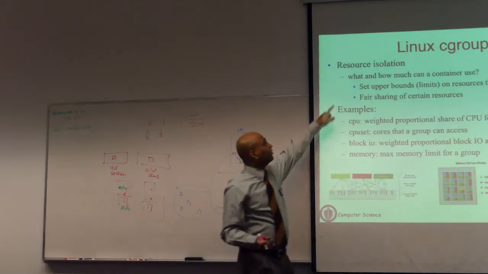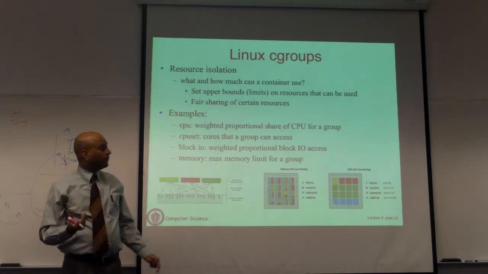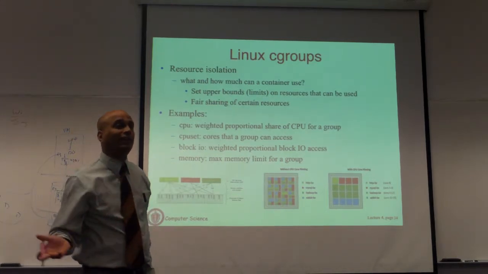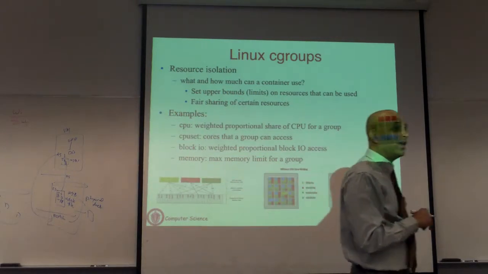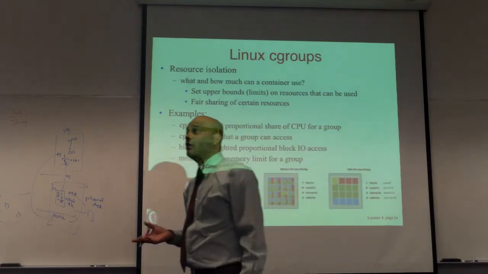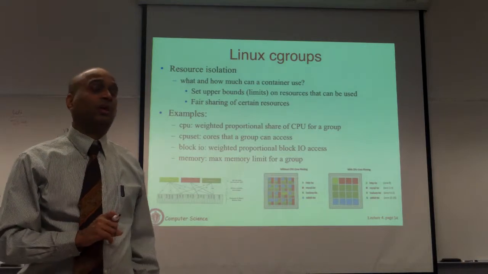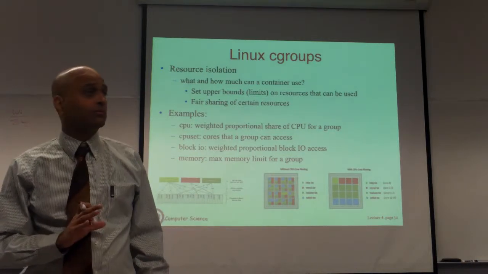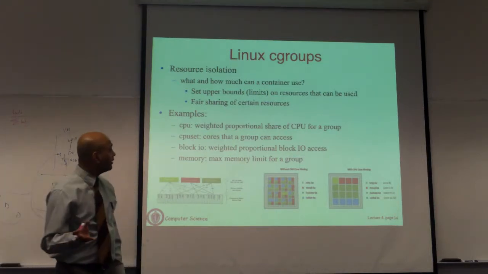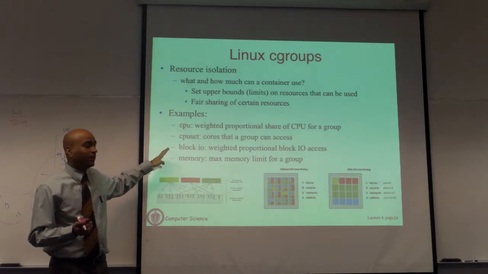So cgroups will allow you to assign a weight to each container, a CPU weight. You can assign a weight also to your disk I/O. That will say what fraction of the disk bandwidth is going to get allocated. You can assign weights to the network interface card as well. If you have a gigabit Ethernet card, you give it a weight, you will be limited to that fraction. Is that clear? So these are all OS level mechanisms that will allow you to limit how much CPU, disk, network, memory you are going to get.